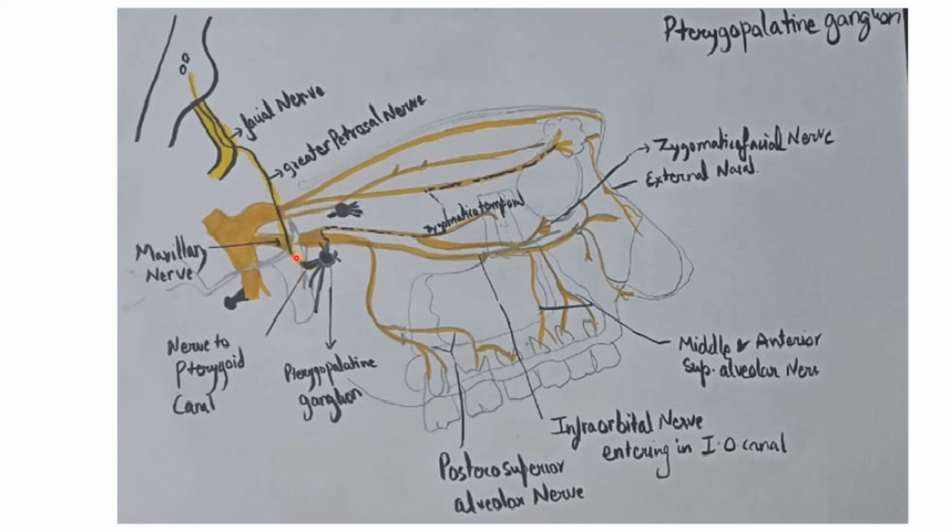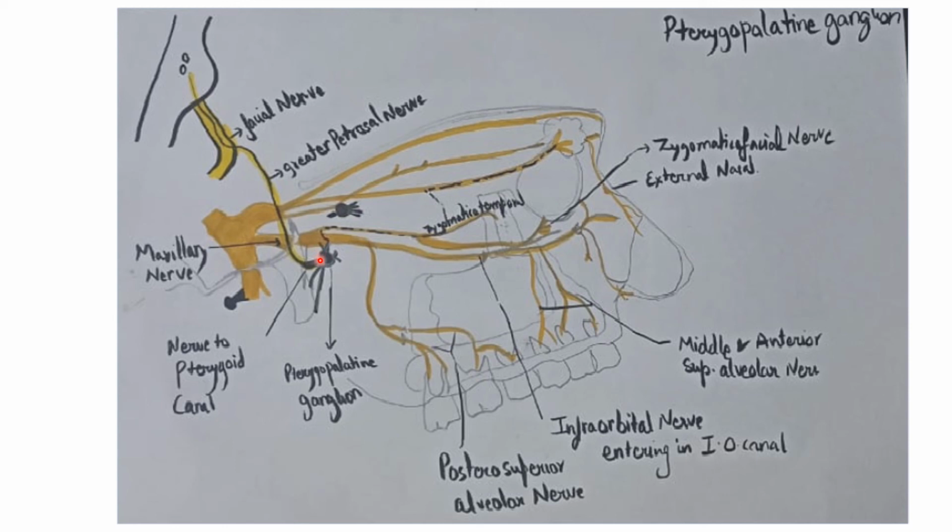the greater petrosal nerve, from the posterior wall of the pterygopalatine fossa, there is a foramen which is called the pterygoid canal, and through the pterygoid canal a nerve comes and enters into the fossa, called the nerve of the pterygoid canal, and the nerve of the pterygoid canal finally reaches the pterygopalatine ganglion. So lacrimatory nucleus, nervus intermedius, then greater petrosal nerve to pterygoid canal, and the fiber directly reaches the pterygopalatine ganglion for relay. Okay, for relay.